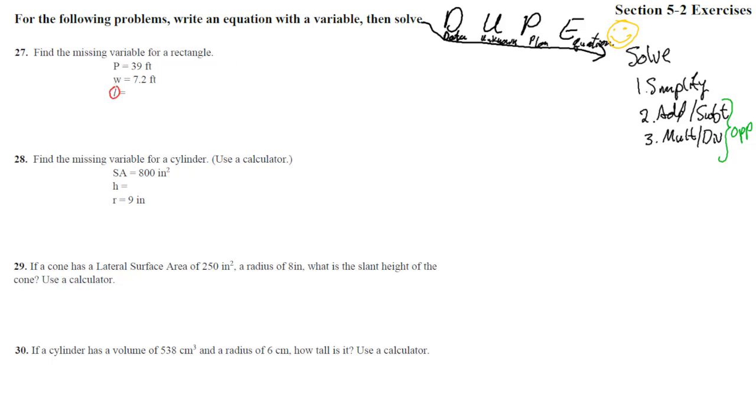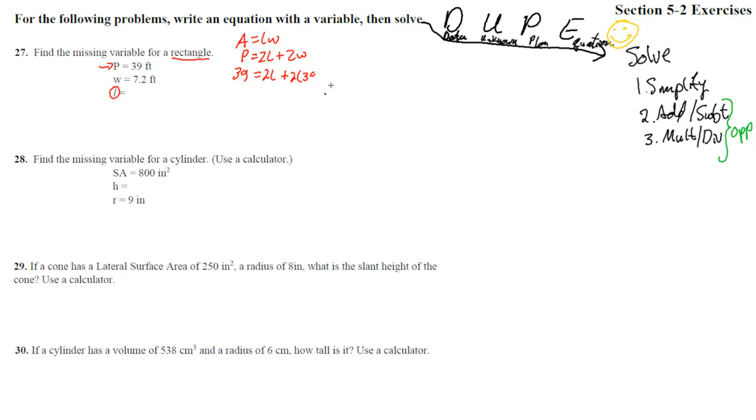Check. The plan here, we need a rectangle. We could do A equals L times W, or we have the P equals 2L plus 2W. And can you see we have the P, so that's what we're going to use. So we're going to stick 39 right there equals 2L. We don't know L, so we're going to leave it as an L for a while, and plus 2 times